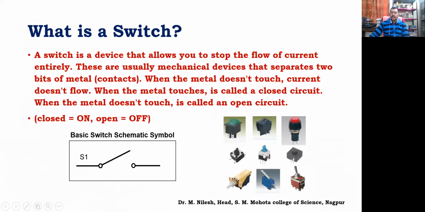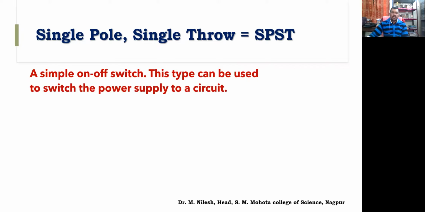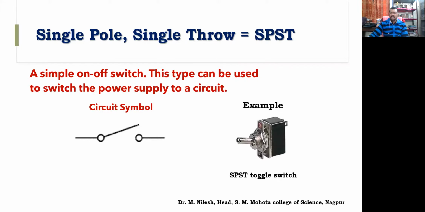And these are some of the types of switches that we have. The first one is single pole, single throw switch, which has only one line and one connection, make or break type of circuit, which I have shown you. This is the symbol. This is actually a DC switch, which we use, but we have not considered with AC. Therefore, I'm showing you the DC switch. This is called a single pole, single throw.